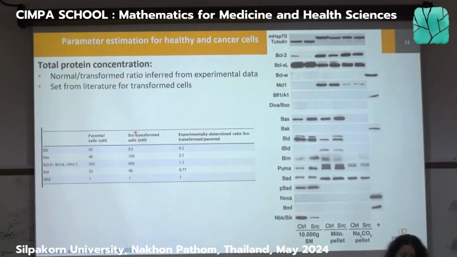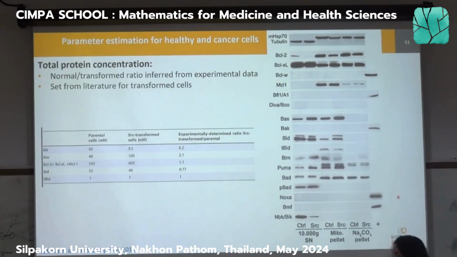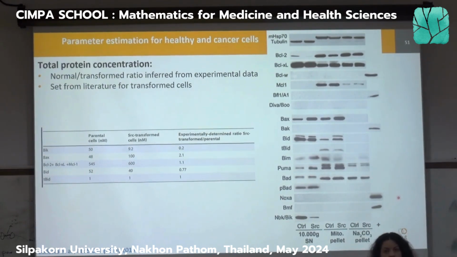So the first thing that we wanted to address was the total quantities, which are in the conservation laws. What we have done is we have been through the experimental data, so this is here. The way you can read that is one line is one protein. Remember that we have lumped some proteins together. For instance, my BCL2 variable stands for the sum of this protein BCL2, this protein BCLXL, and this protein MCL1. So one line equals one protein.